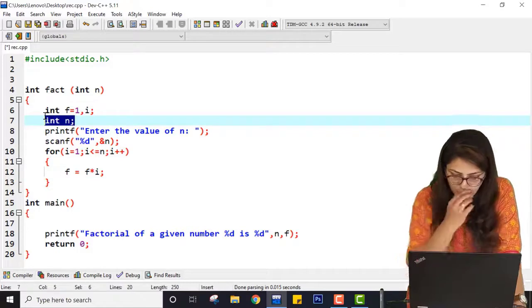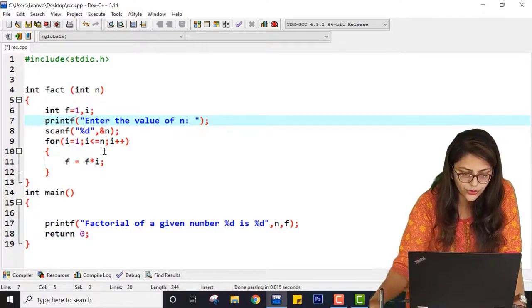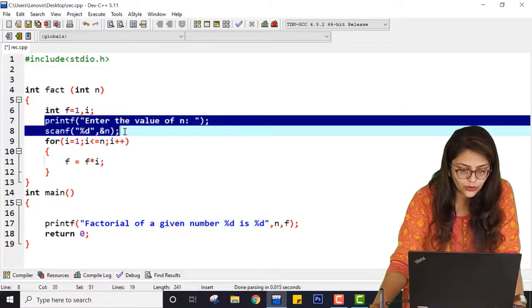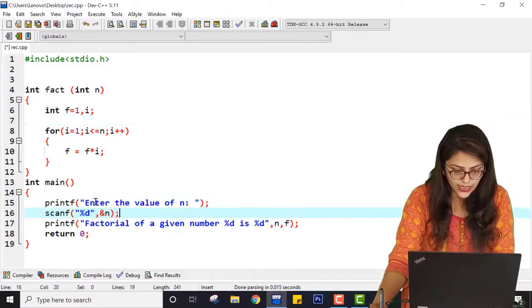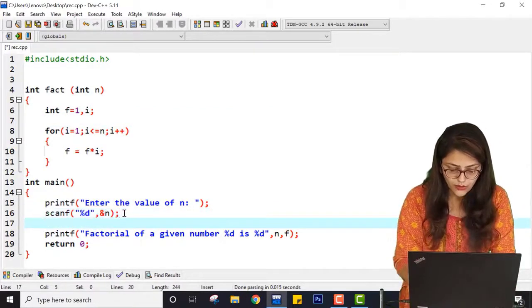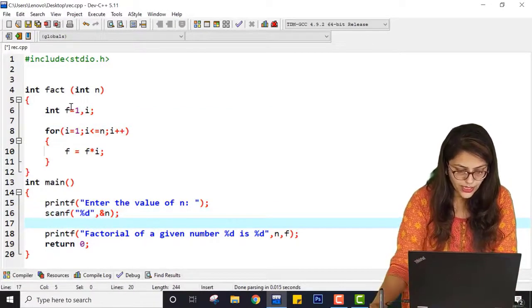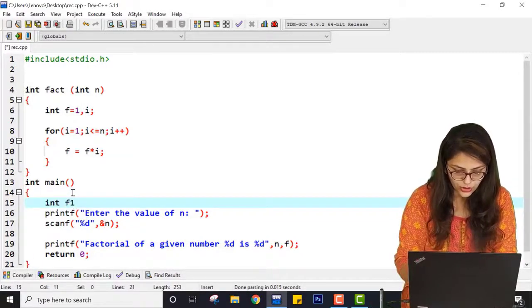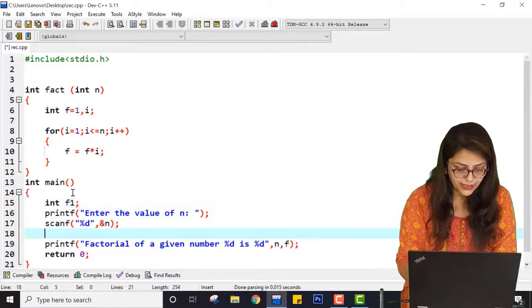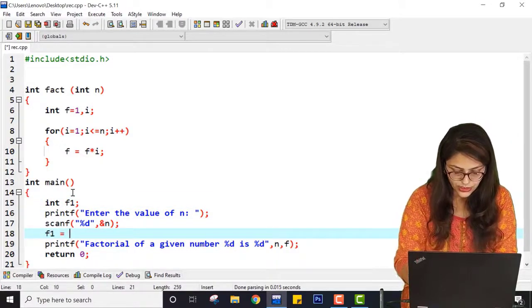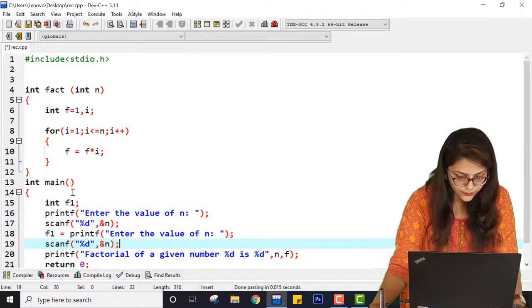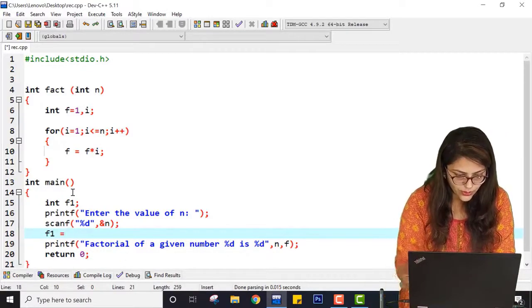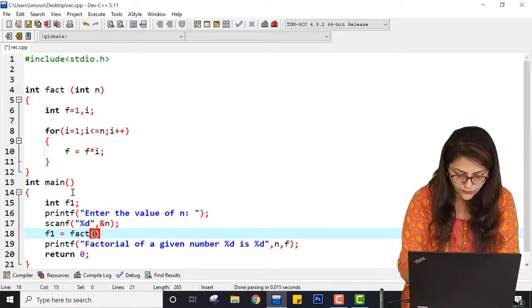Instead of this, what we are going to do is take the enter-the-value-of-n part inside this. Now I am going to call it. Here I am taking int f1, you can also take f, but I am taking f1, and f1 is equal to fact of n.